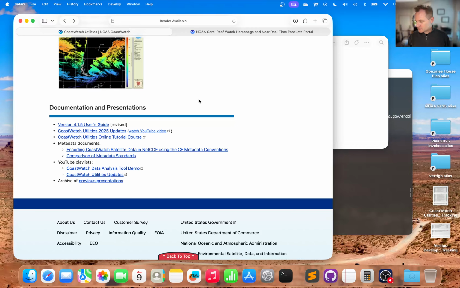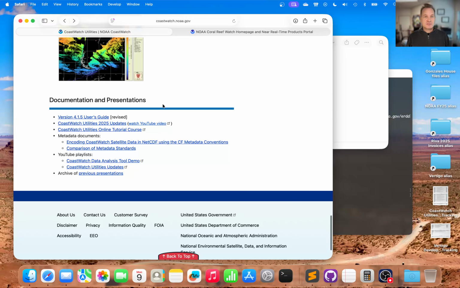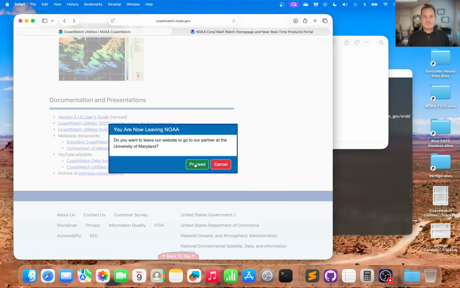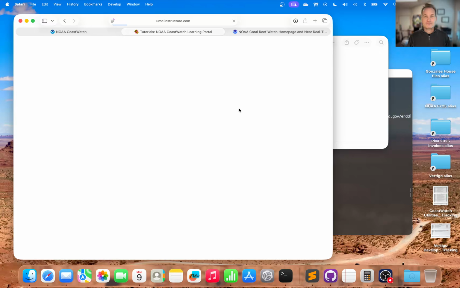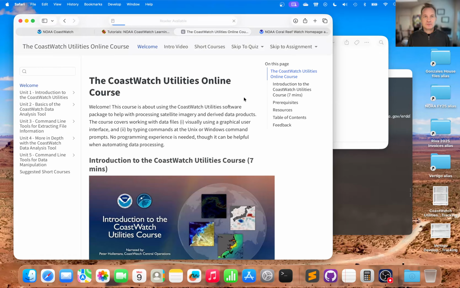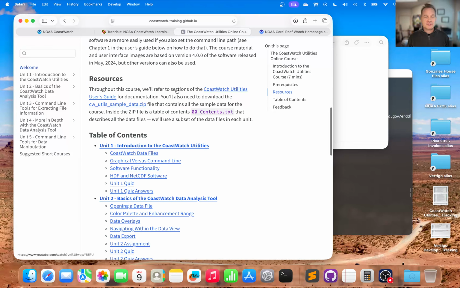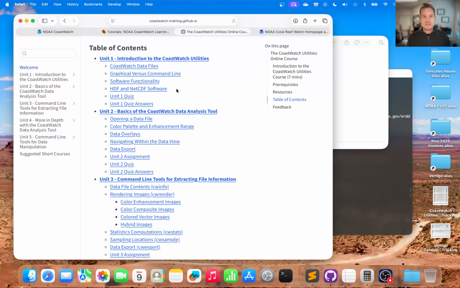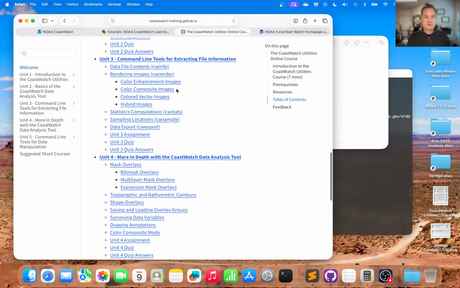Now, what about the online course, also linked from this page. You'll see it right here, the CoastWatch Utilities online tutorial course. This is a placeholder, so just click through. You'll see the online course now has its own structure, which includes a search function. You can scroll down on this intro page and look at the table of contents and see what it is you're interested in learning about